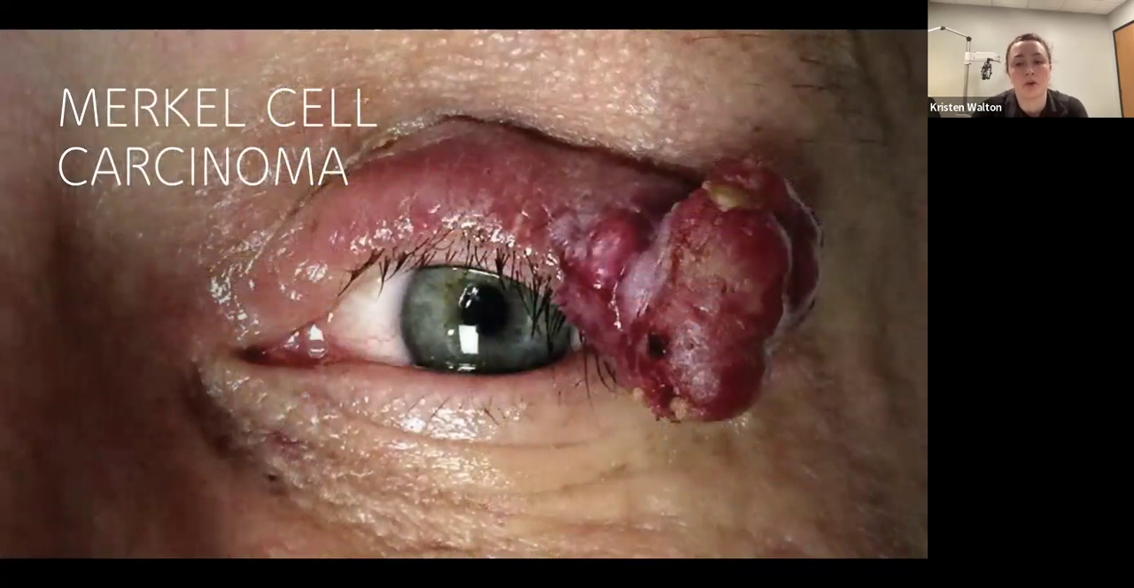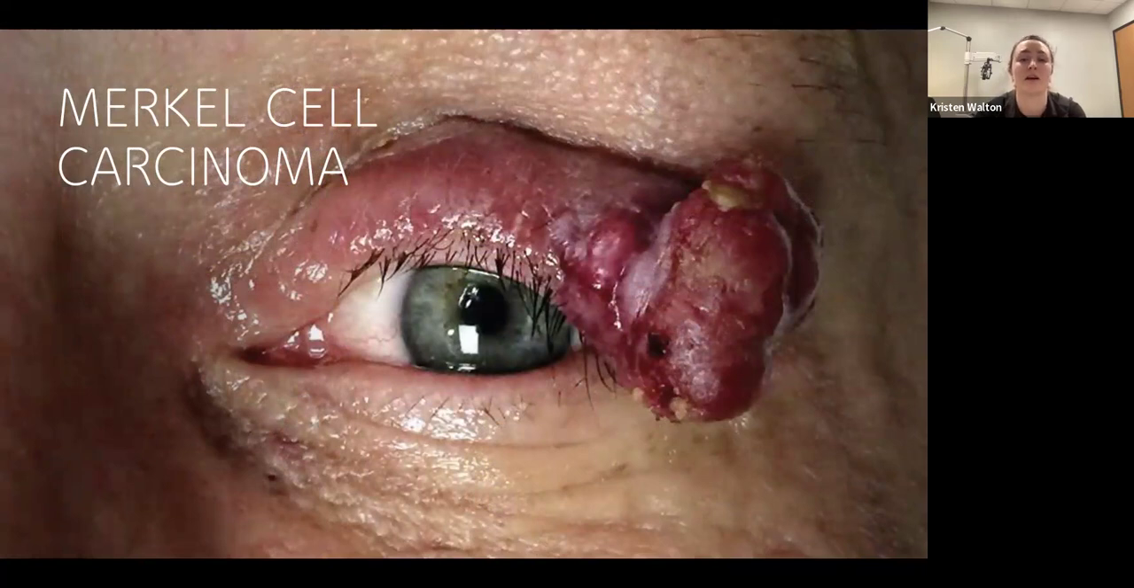Merkel cell carcinoma. Sorry to anybody that's a little squeamish with photos. It definitely isn't the prettiest thing to look at, but this is something that definitely needs to be intervened with quickly, and get to a surgeon where they can remove all of those cancer cells. Some things to note with any potential cancerous lesions: